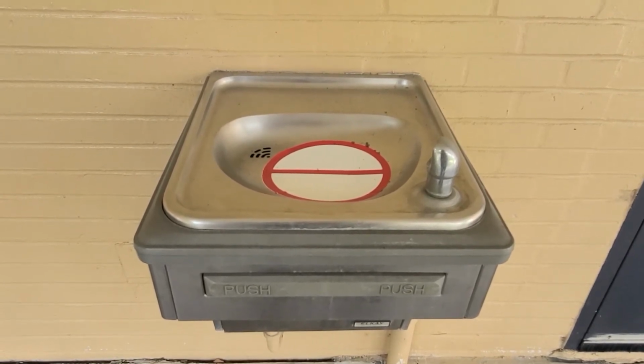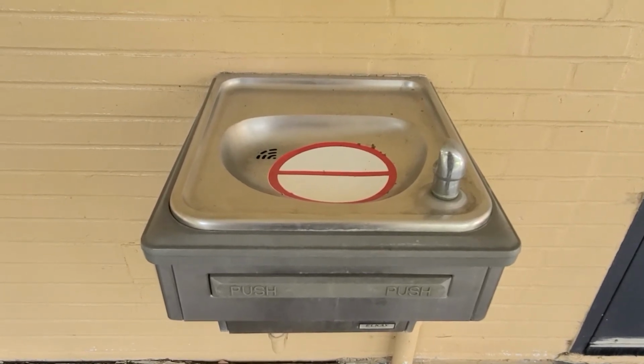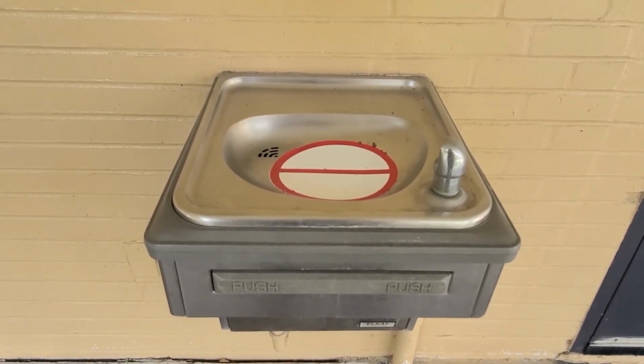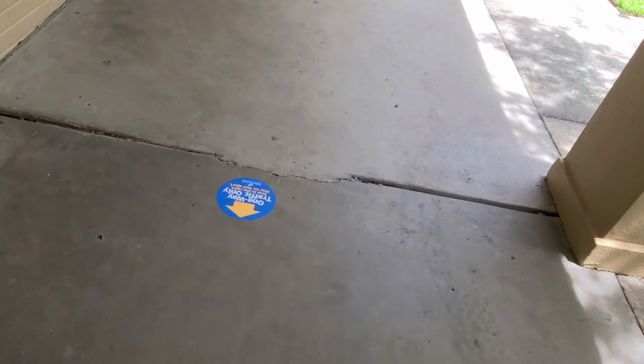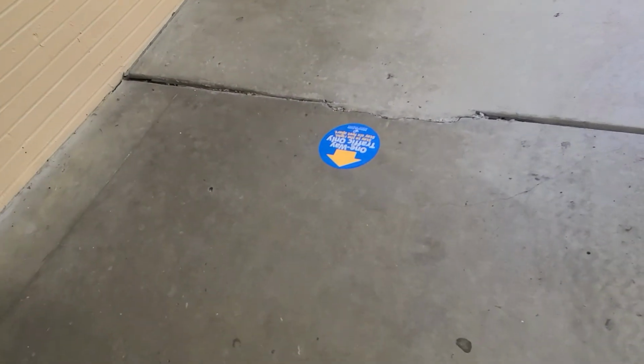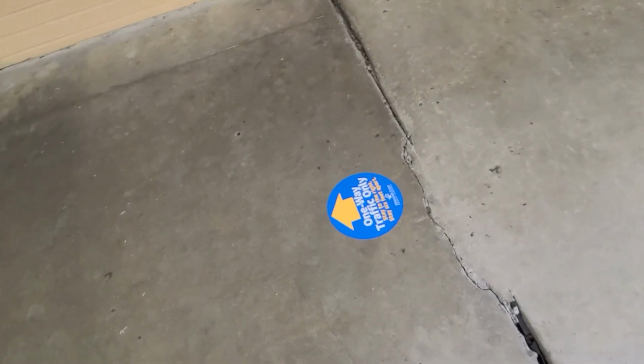Sanitation stations in the classroom. Make sure to grab your sanitation wipe when you enter the classroom. Make sure to keep that mask on. Unfortunately, we got to do that in the classrooms. And one-way directional signage only for when there are a mass number of people in the hallway. Social distance cafeteria. Please remember, sign up for My Payments Plus. And any questions, as always, please feel free to call the school,